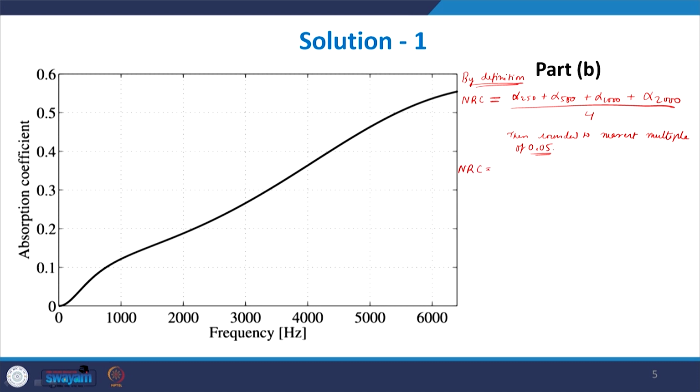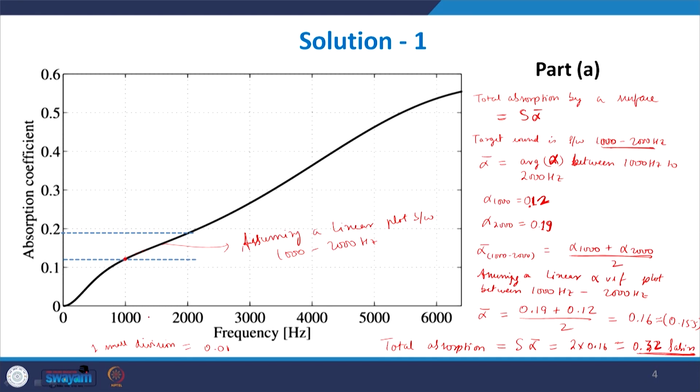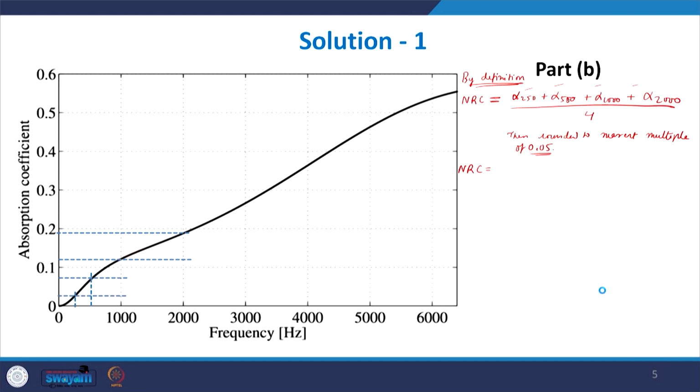For that, let us find out these four values. We have already found the values for alpha 1000 and alpha 2000, that was 0.19 and 0.12. So this is 0.19, this is 0.12, and then let's see what is the value at 500 hertz. So this is approximately at the midpoint. So at the midpoint what we find is the value comes out to be